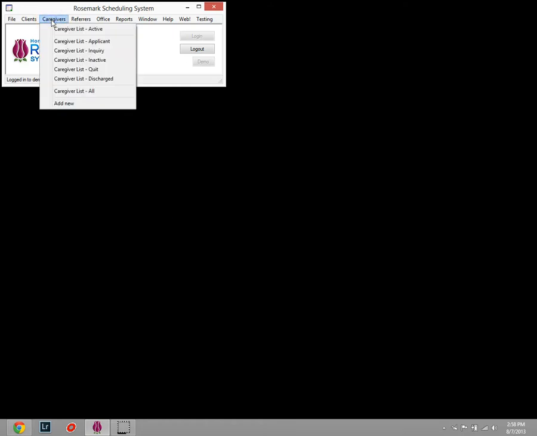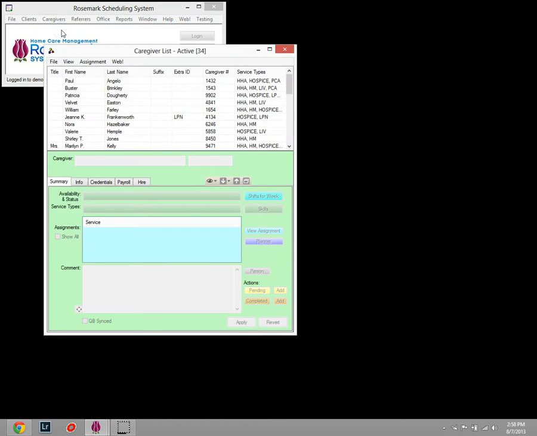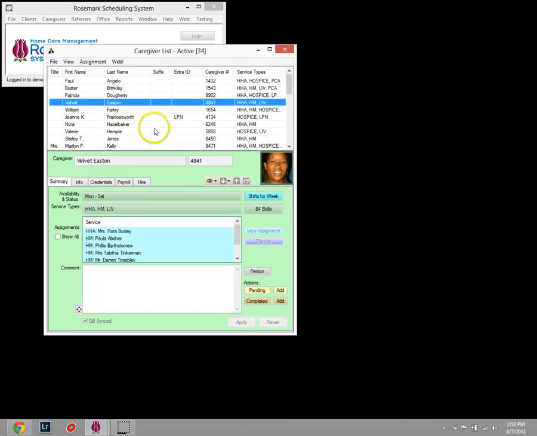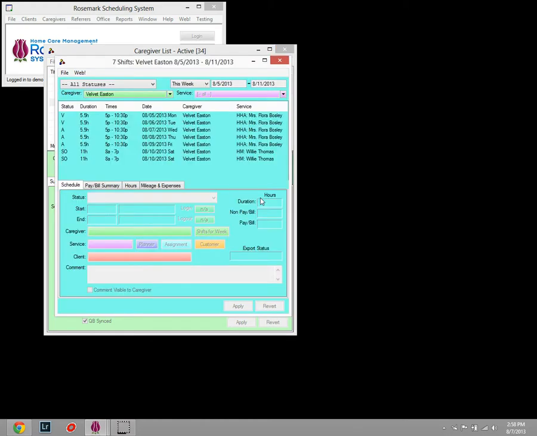So I'm going to click on the caregivers drop-down list and open my caregiver list active. Now I'm going to pick on Velvet Easton for this case. We'll see, looking at the caregiver information down below, there's this button towards the top right that says Shifts for Week. This is going to be my starting point. So if I click this open, I'm going to get a shift list showing me everything that's going on for